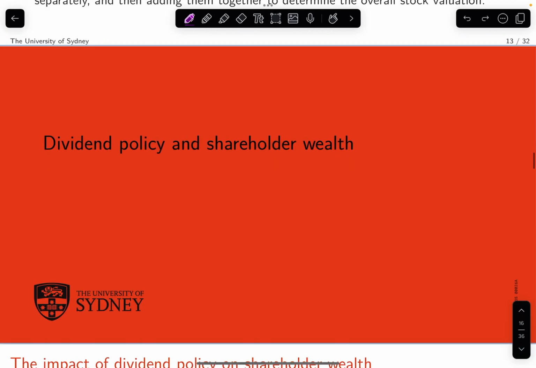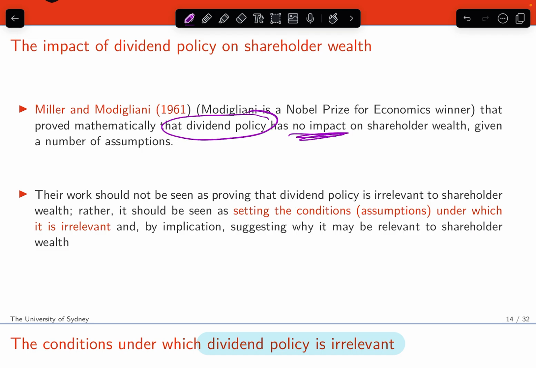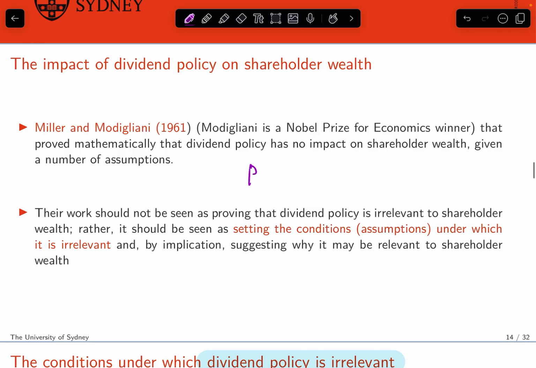All right, so let's talk about dividend policy and shareholder wealth here. Miller and Modigliani in 1961 came up with the idea that dividend policy actually has no impact on shareholder wealth. This is certainly a very controversial idea, because previously we talked about how when ROE is greater than the cost of equity, if we retain more,